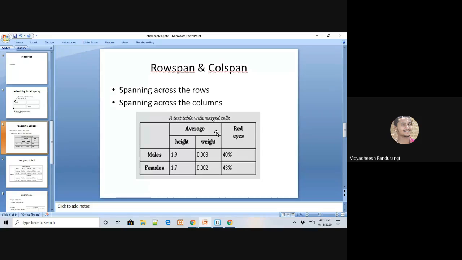In the table that I have shown here, you can observe we have how many rows? I think 4 rows, right? In the first row, we do not have any content. It is just a blank cell. In fact, we have 2 different blank cells there. I hope you can understand with this.